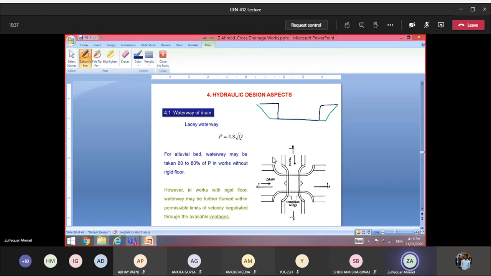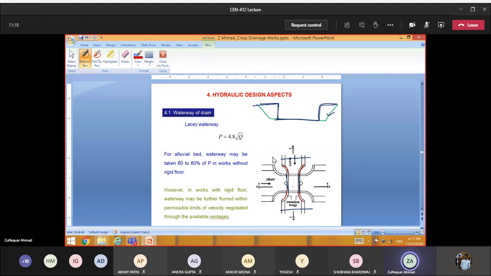So before the crossing and after the crossing, this is the section, and at the location of the crossing, a rectangular section is provided for the canal. And of course, in this case there are transitions that are provided, which we will discuss. So you can see here, this is the canal, and this is a trapezoidal section here also, and in between you see we have provided the rectangular section. In the upstream, the transition is provided, and in the downstream, the transition is also provided.